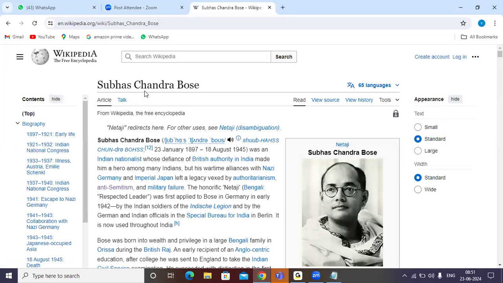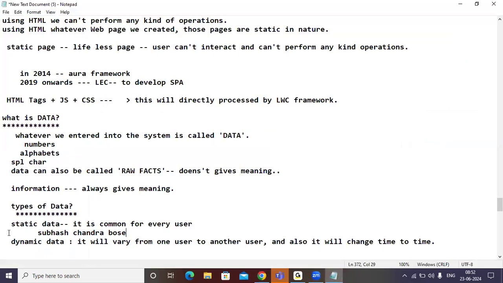If you open Subhash Chandra Bose Wikipedia from your system, will you get the same information, same page? Yes. Ranjan, you also get the same page and same information. So this page is common for every user, right? So it's a static page, which can be called static data. It is common for every user.